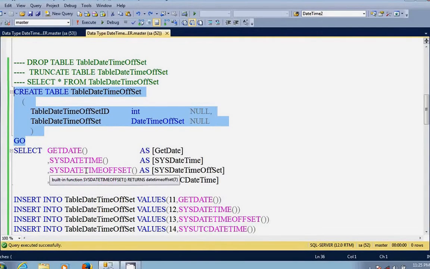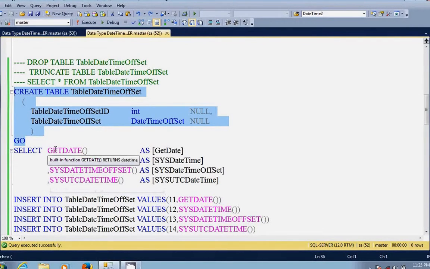And SYSDATETIMEOFFSET will show datetimeoffset, I mean it will show the offset also, the difference between the present system time and universal time. And the SYSUTCDATETIME function will show the present universal time.